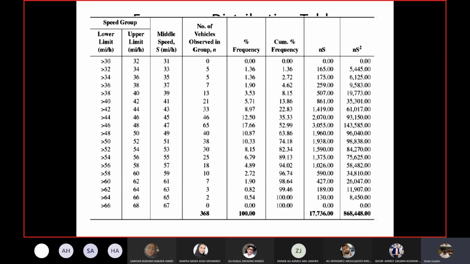In the initial arrangement, you can see we are going in an ascending order. So minimum values at the top, maximum at the bottom. Then you can see the first group had 0 values, the last group had 0 values, and we put these extra groups so that we can make sure the curve starts and ends at the 0 values. The frequency distribution curve, we want to start and end at the 0 value, so we have one extra group at the start, one extra group at the end with 0 value. So this is the initial arrangement of the speed data.